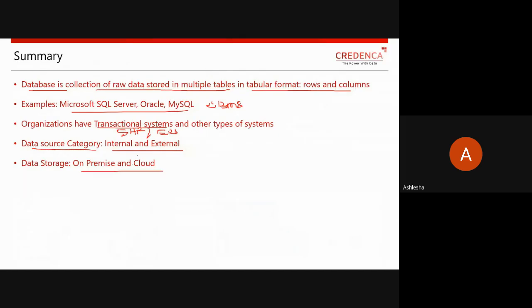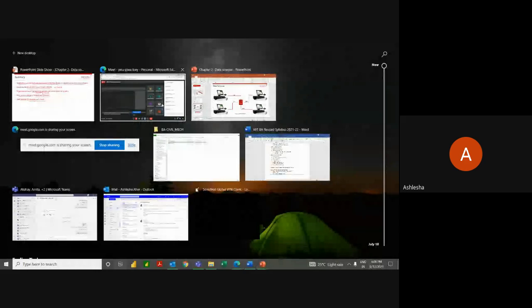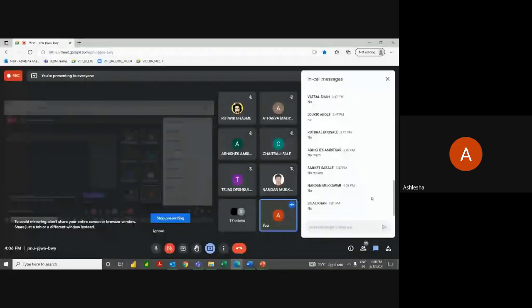Perfect. So this is all. This is how your second chapter, related to data sources, is completed. I hope you have a pretty clear idea about what data sources are. Is there any doubt from your side from chapter two?